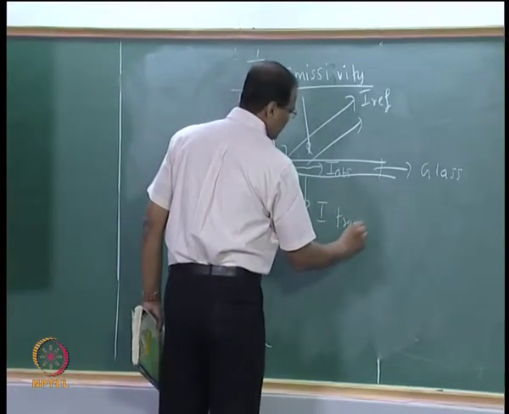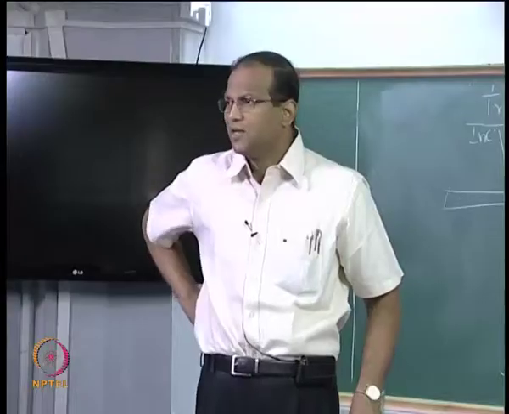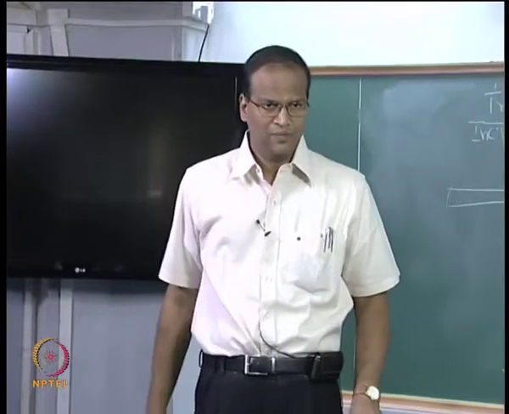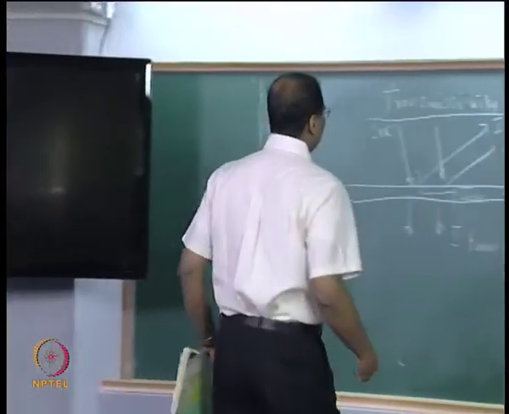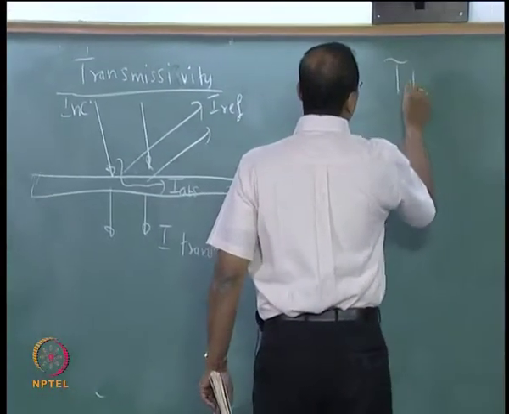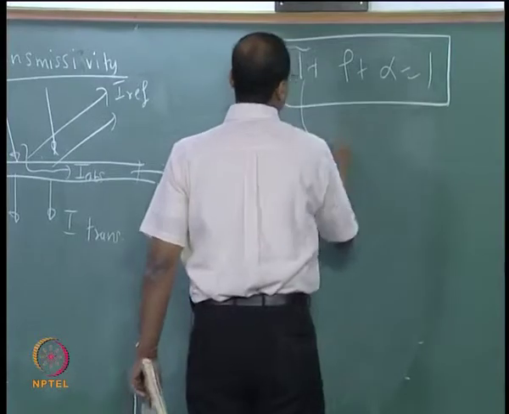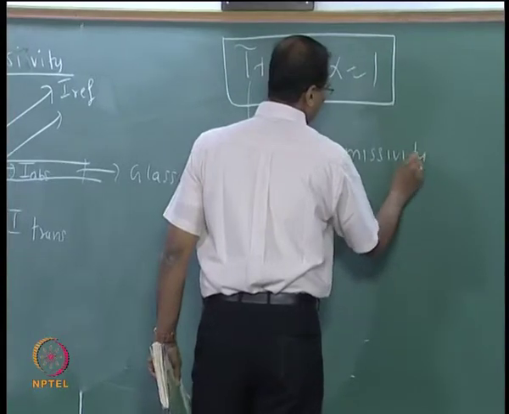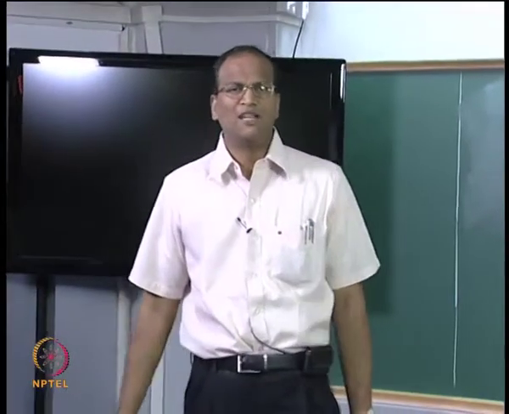So for a transparent medium or a semi-transparent medium, or a medium which is not opaque, there is a possibility that the radiation will go through, penetrate the medium and come out of it. Therefore, an additional property enters, which is the transmissivity, tau. It is also a dimensionless property. It also has the limit 0 to 1.